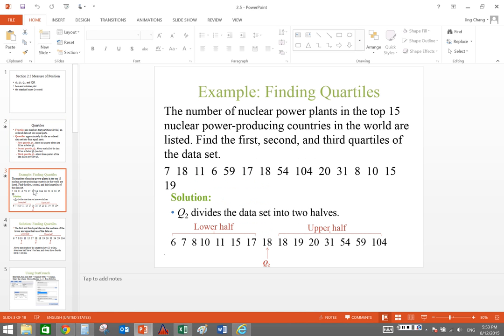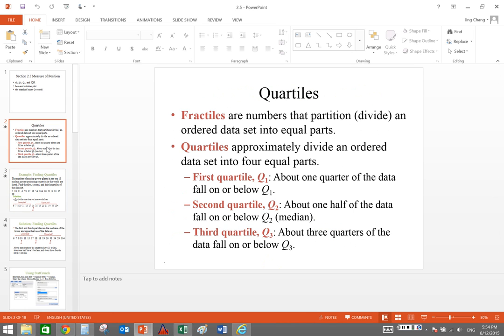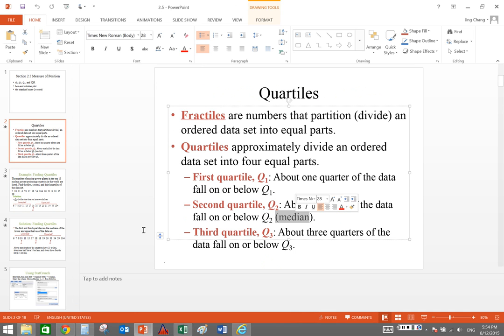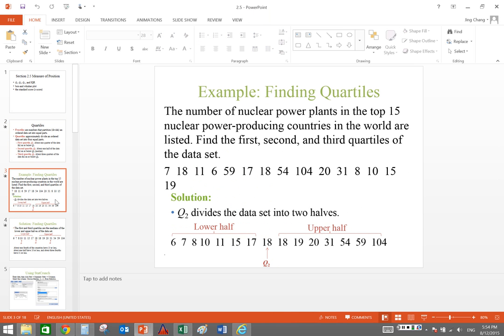Example. We first need to sort data from smallest to largest. So you can see from 6 to 104, and there are 15 numbers, so find Q2 first. Although we have Q1, Q2, Q3, we actually need to find Q2, the median, first. So for 15 numbers, the 8th number is the median, Q2, which is 18, and then